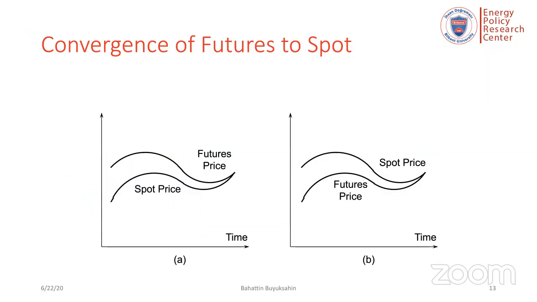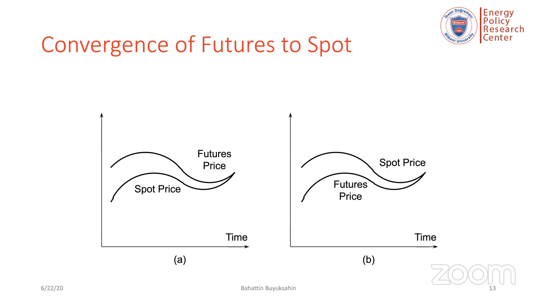Here, as the delivery period, if you look at the convergence of futures and spot, we expect that at delivery, the futures price should be equal or very close to the spot price. Therefore, a lot of people now use the nearby futures price as a good proxy for the spot price. As the delivery period for a futures contract is approached, the futures price converges to the spot price of the